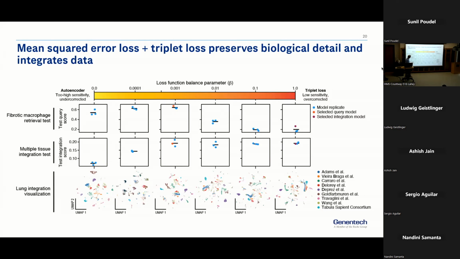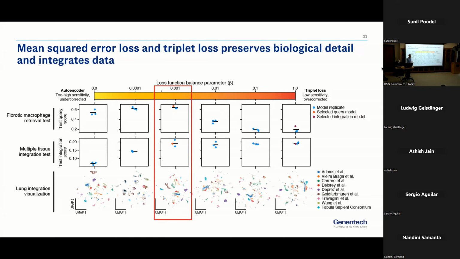The first thing we're looking at is correlating our similarity metric from the space that we've learned to a signature score. At this point, the signature score and similarity metric are matching best. If we look down at the next row, here's a batch correction metric. I think right here is a bit of a sweet spot where we're scoring high on a lot of the metrics. I can go into more detail later, but just to give a clue at what's under the hood, it's not just the triplet loss alone, which I think is a key detail.